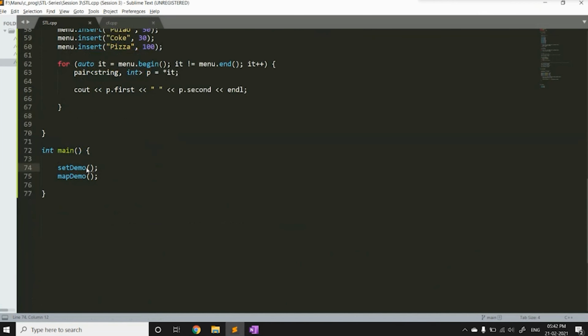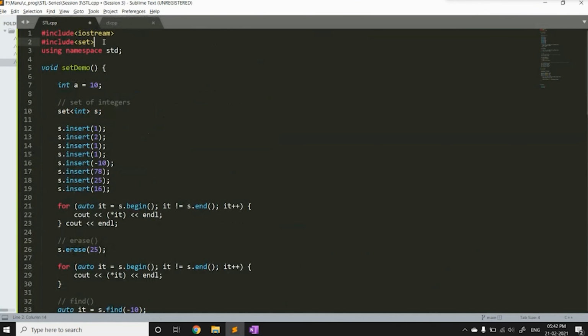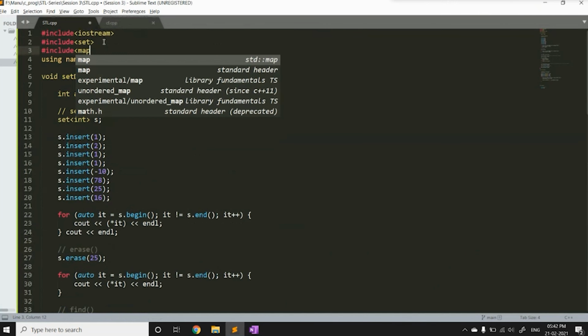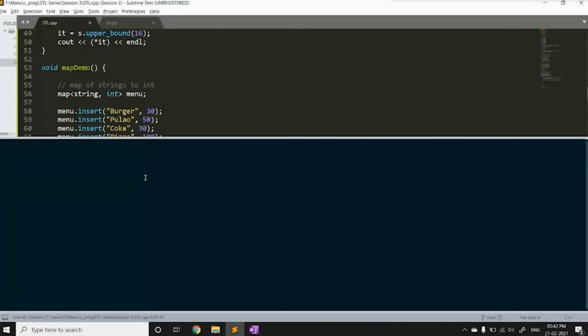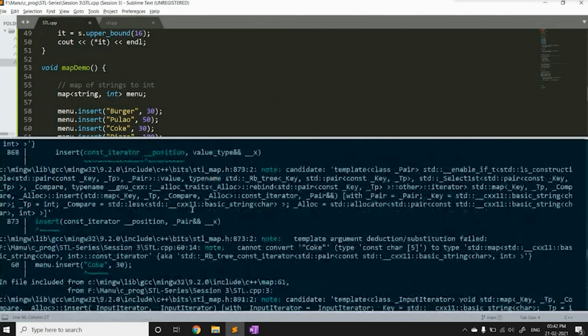Let's comment out the set part, and we have to also include the map header file. Let's try to run this program. Okay.